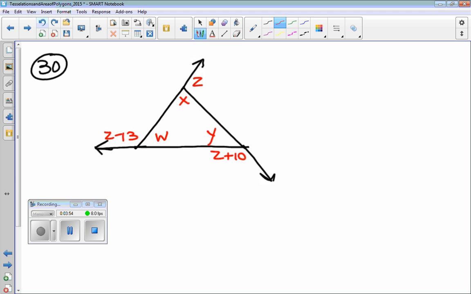All right, so we know a lot of things. I'm just going to write everything that I know. I know that y plus z plus 10 is equal to 180. Would you agree with that? Just a linear pair, right? I know that z plus x,